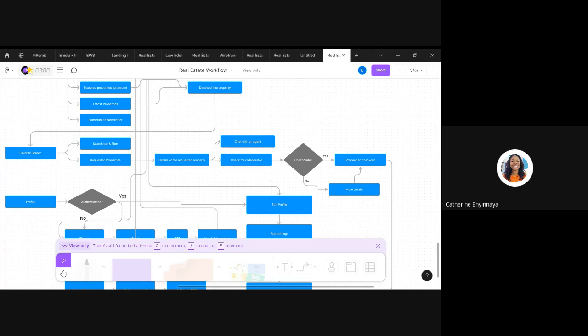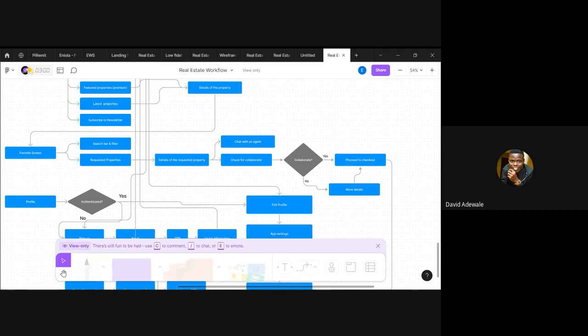Since the user has seen the details of the requested property, it might be ideal for the user to contact the agent in charge of that property before checking for collaboration. Okay, so that's good actually.